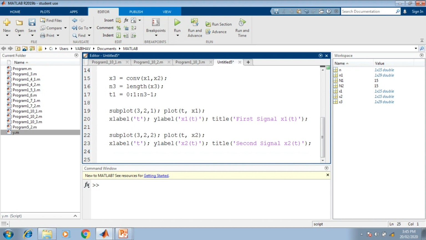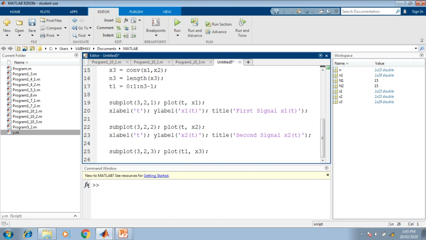Then it will be the display of convolution that we have obtained with the conv command here. So we go for the third cell of subplot. The inputs will be 3 2 3, use of the plot command, and in the plot command the two variables, the time variable shall be t1 as defined, comma we have x3 as a parameter.